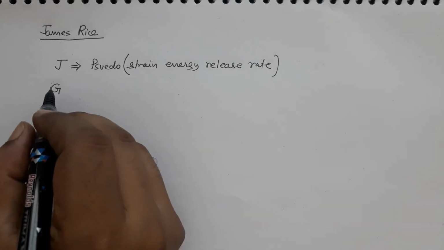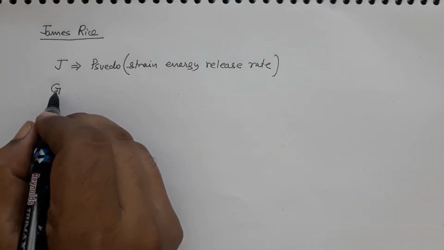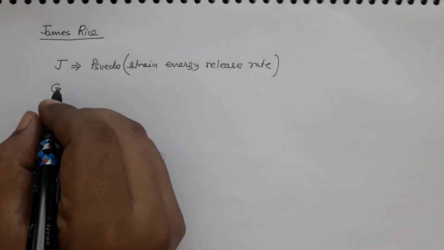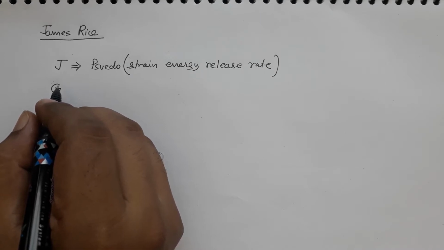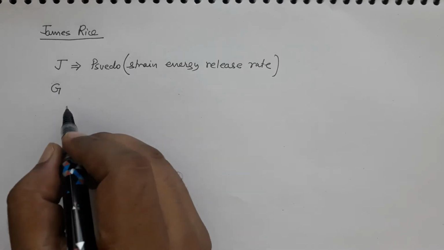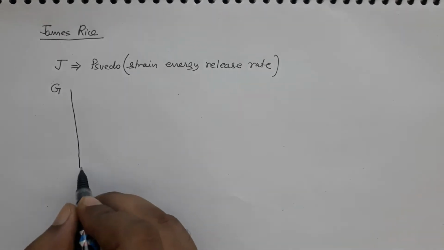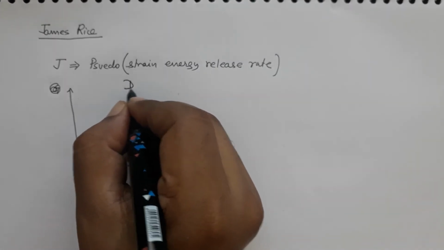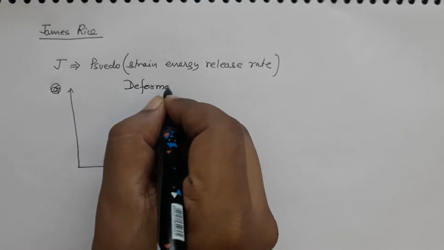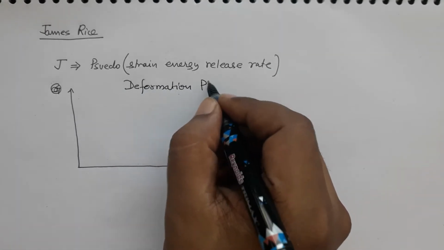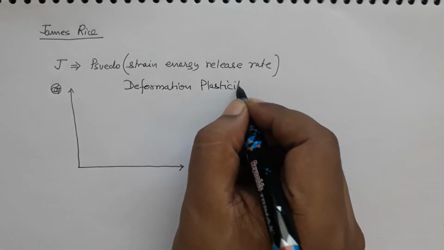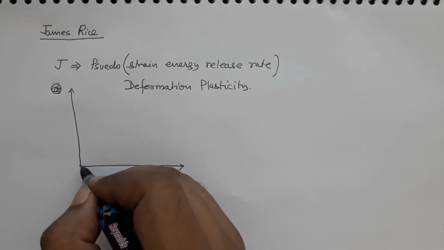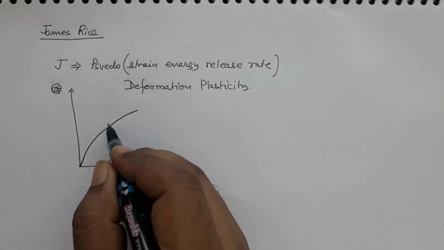But the difference is G only worked for brittle material. J, however, we will see that it works for elastic plastic material also, although theoretically it is invented or discovered for non-linear elastic material behavior. So, what J integral does in its heart is that it is assumed that the material follows deformation plasticity. Deformation plasticity is a theory which works only in monotonic loading. So, as long as you are going in one direction,